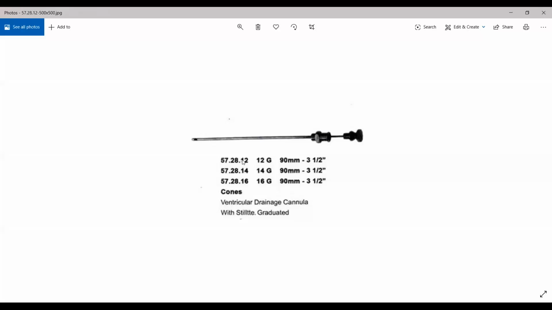This is what the cisternal needle looks like. See, this is the cisternal needle or the ventricular drainage needle. This is the whole needle. It's a thick needle here, and you will have a stylet in between. If you remove the stylet, the fluid will move out of that. Okay, there'll be space for the fluid to pass.